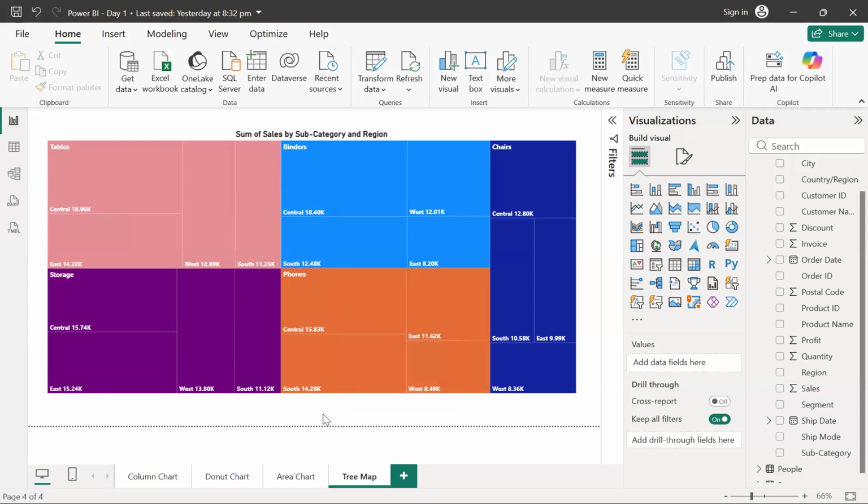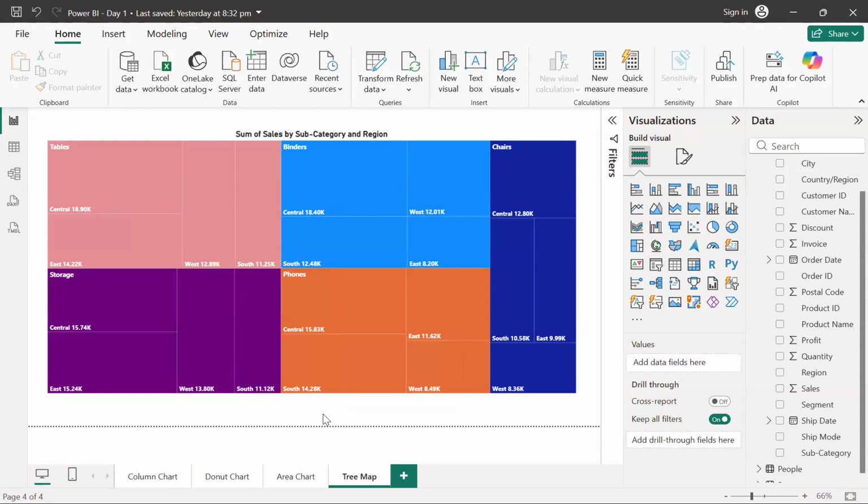So for phones, again, I think the region with maximum sales is the same throughout the subcategories, but if I talk about the second, third, and fourth positions, those are different with respect to the different categories.